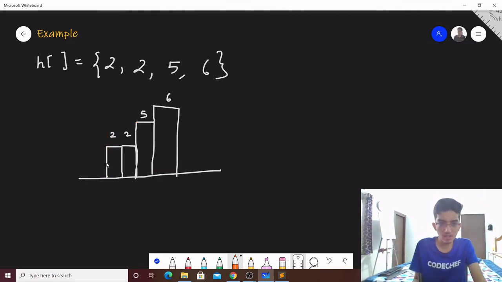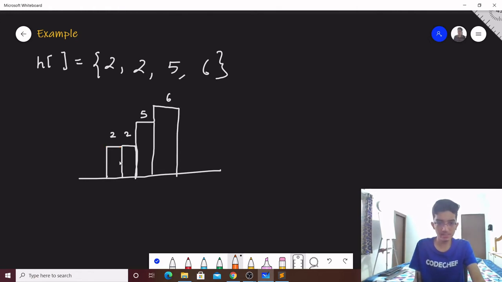Next, what if we draw a rectangle like this? In this case we see that we are deliberately trying to decrease the height, and this will result in a worse answer. So we won't do that. That is, if we have a height, say 2 units, and we can maintain that height, then we won't go below.